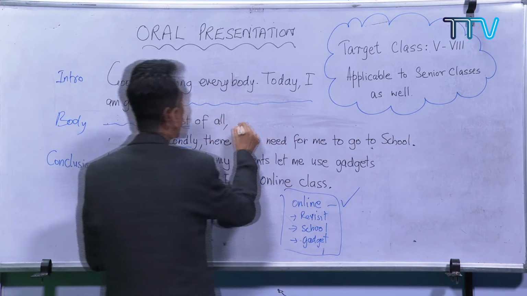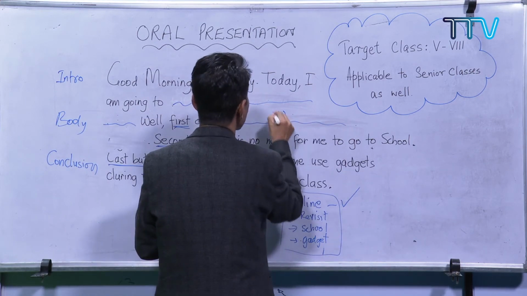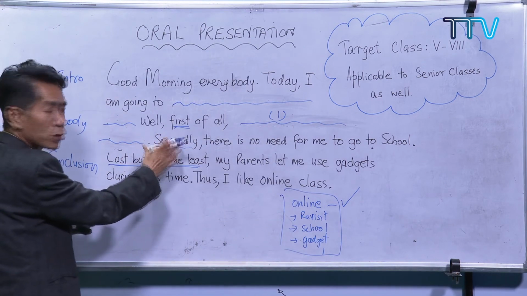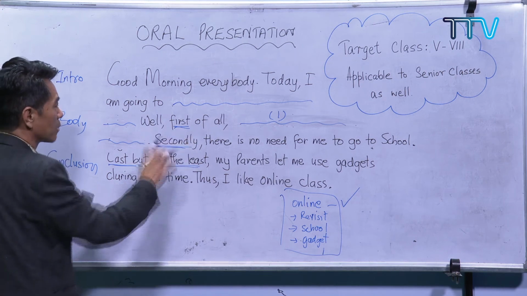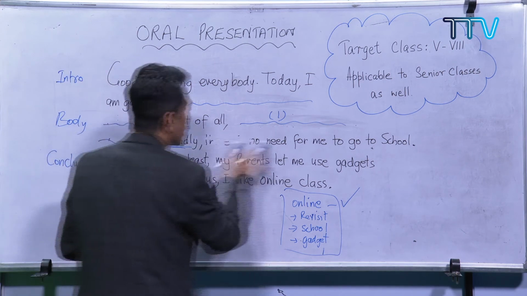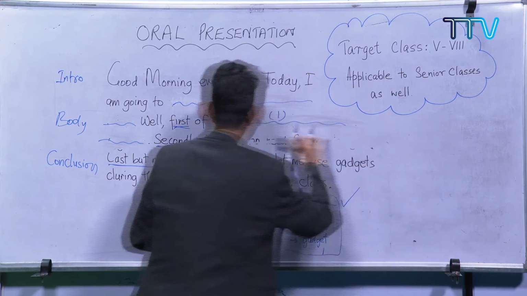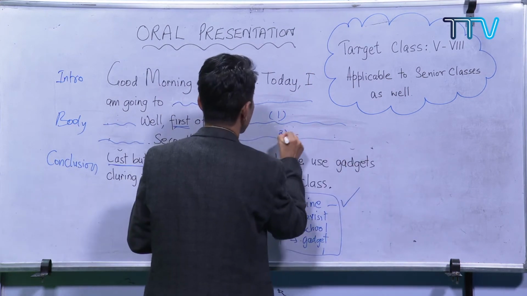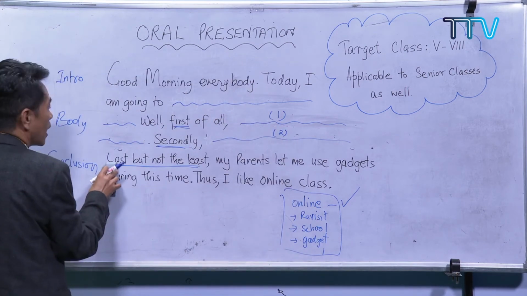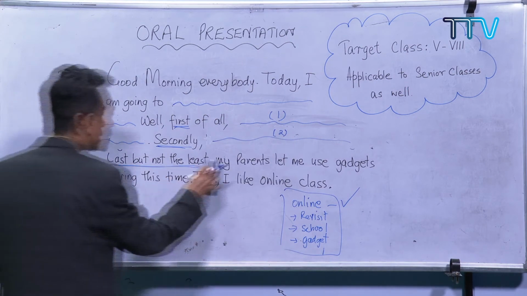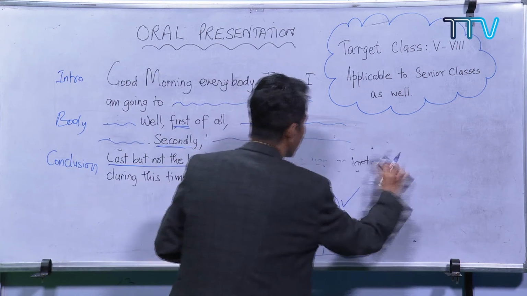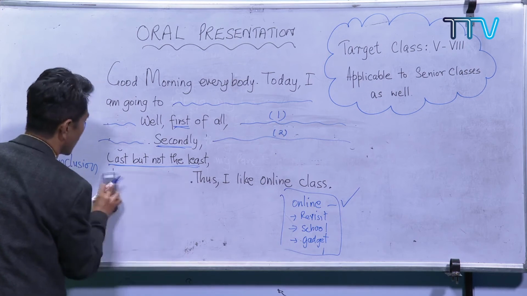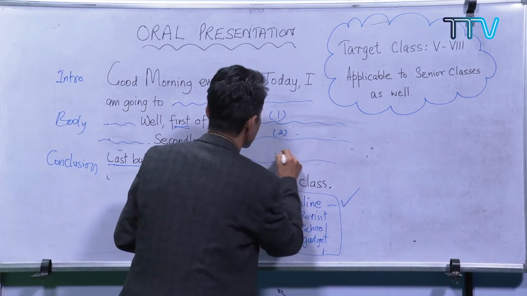So first of all, you come up with your first reason up to here. You keep the secondly, because you are not supposed to disrupt the structure, and you can change this. Okay, you can come up with your second argument or second supporting details. And then last but not least, you keep this, and you can come up with your third supporting details. This is the third one.